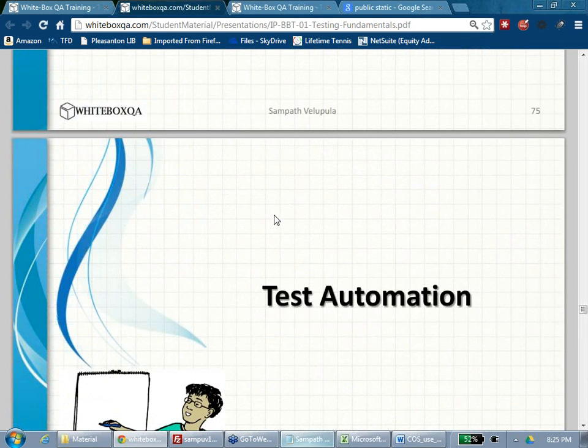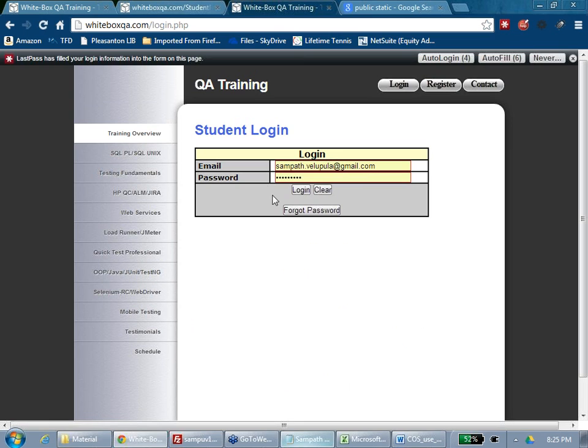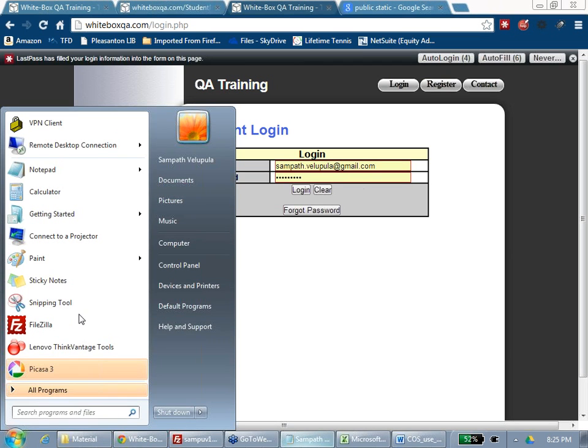What is automation? For example, there is a login box here. Tell me some test cases for this login box. Registered email address with valid password, invalid password, unregistered username, no username, no password. These are the things you have to test. So how will you do the testing? You will write your test cases. Did Praveen teach you how to write test cases in Excel? Not in Excel. All right.